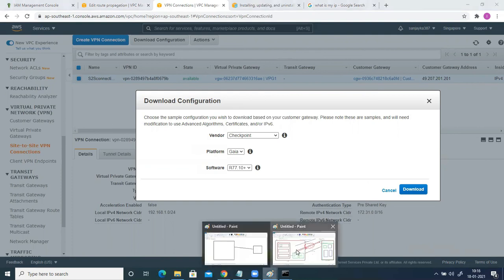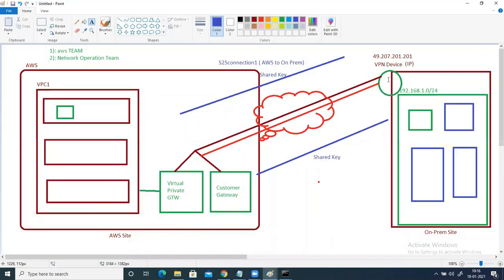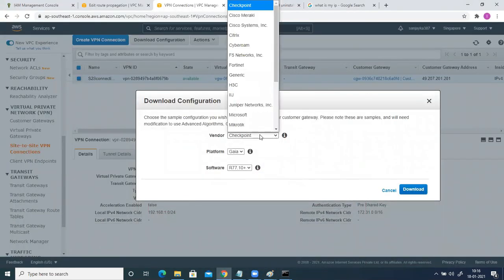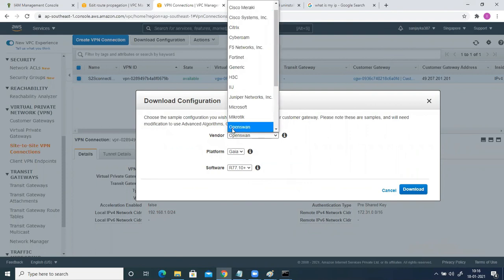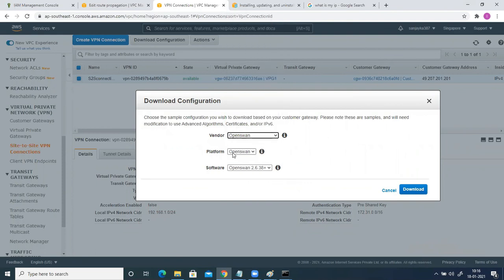And one thing you always have to keep in mind is that this VPN device can be anything. You can connect a router here, you can have a firewall, you can have a dedicated VPN device. So it is up to you what you want to configure and what is there inside your office actually. That knowledge your network engineer will have, because he is the owner of this infrastructure. This side, he is the owner of that. He will have the access to everything, right? So let's say as a vendor, you have selected OpenSWAN here. Okay, and this is the platform and software version and all, everything is selected. So collect this information from your network engineer, because he'll be able to give you all this information.